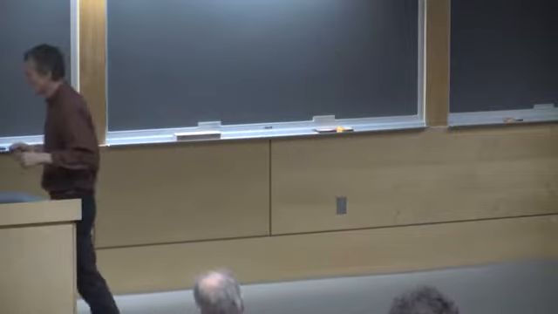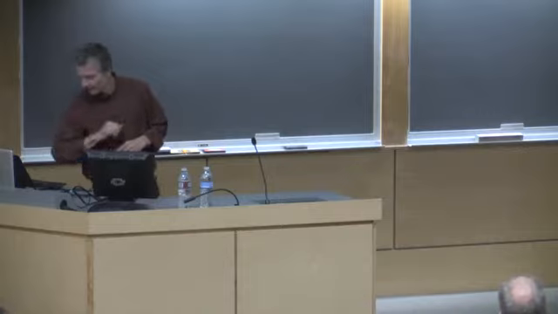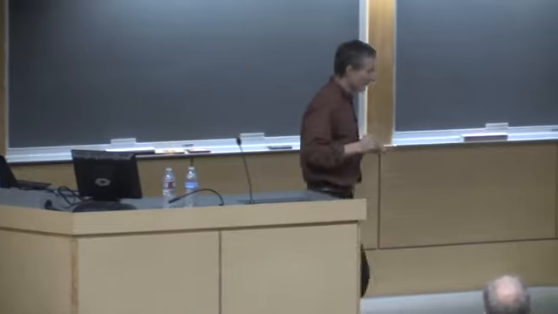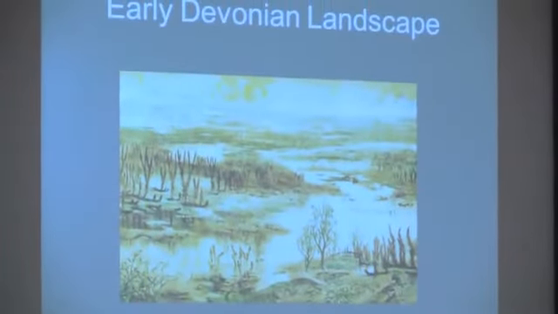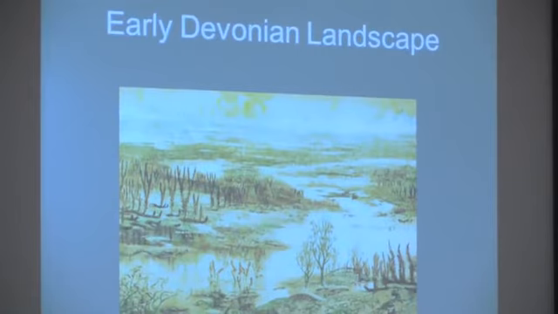We can talk about this back and forth. So plant evolution seems to be an important reason. And if we look around at a landscape back about this time, it looks something like that. Okay, it's not like going out and looking at a beautiful forest in the Rocky Mountains or something, but still, plants producing resistant organic matter.